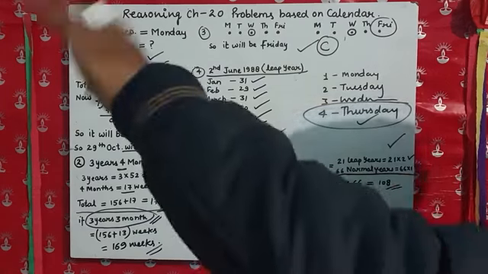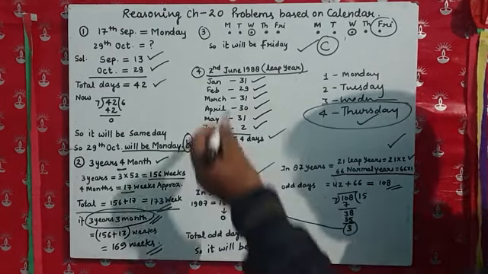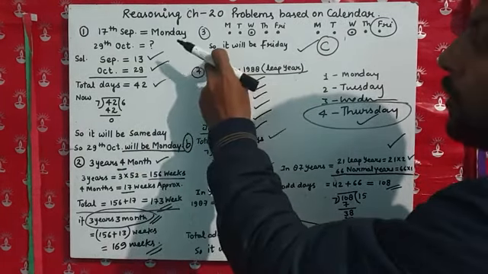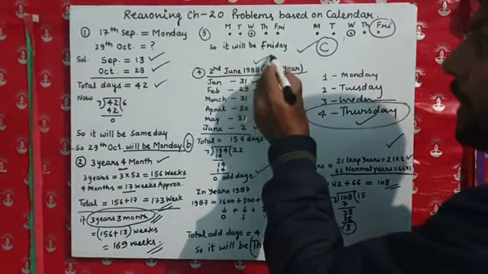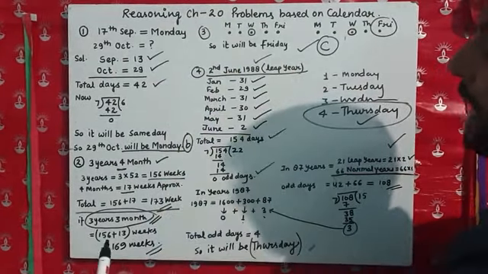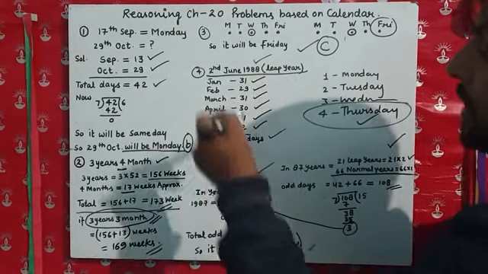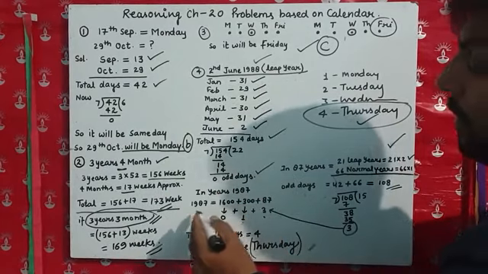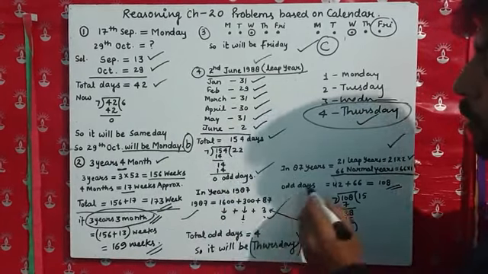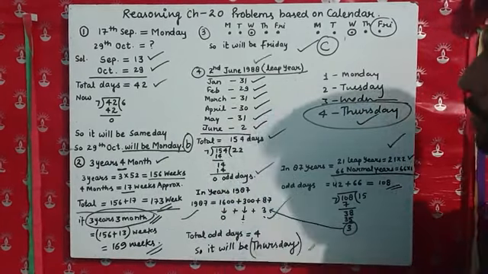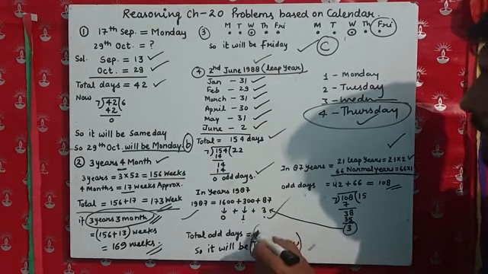If any previous date is given in your question, you have to use this pattern. First of all, you have to count the total days of the given year, and then you have to go back 1 year previous, and count the total breakdown in this format and find out the number of odd days.